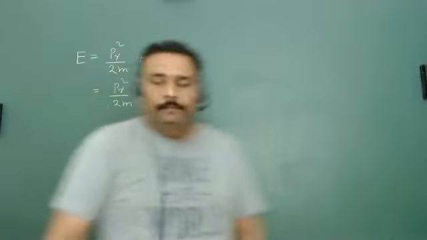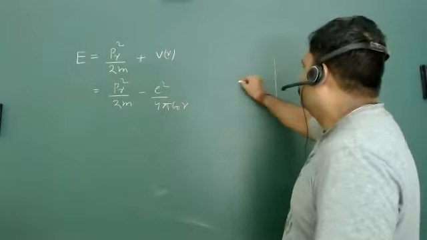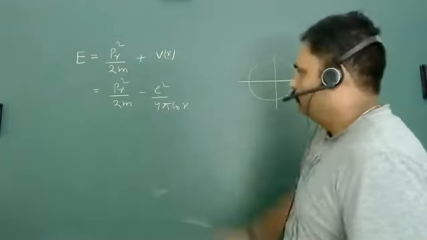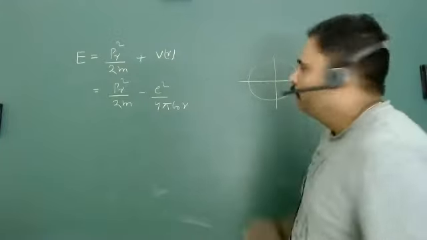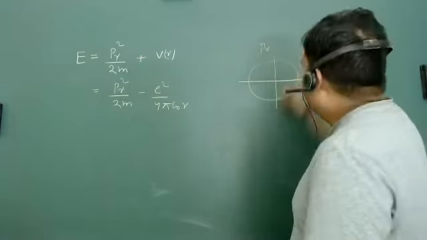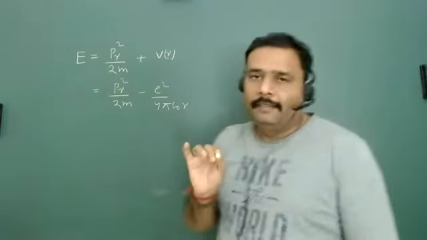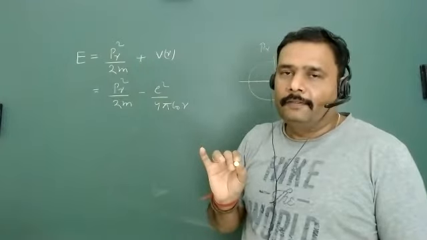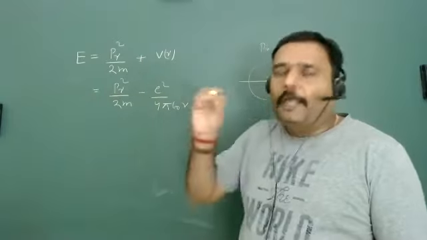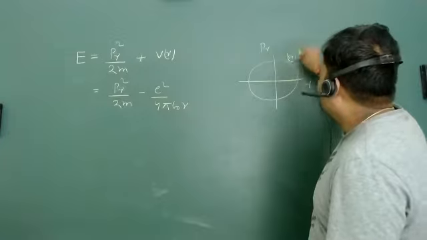Now what is the problem? If I am writing this from the uncertainty principle, what am I assuming? Whatever the phase curve, suppose we are going for p_r and r, I can assume that this point is dimensionless. According to the uncertainty principle, we cannot say precisely this is my p_r and r. We cannot say.